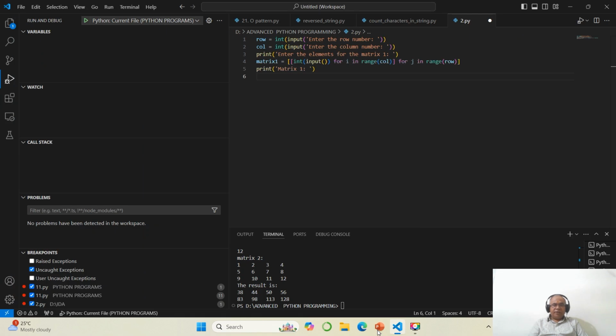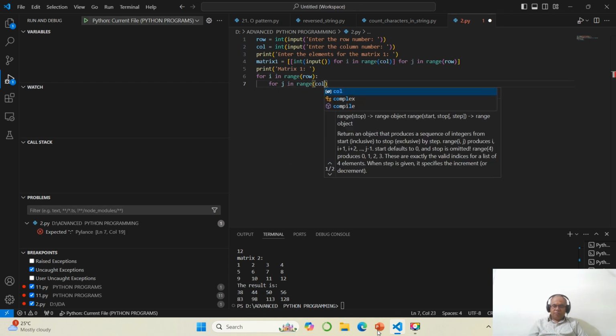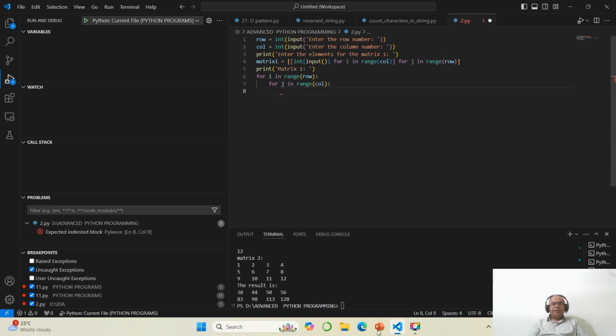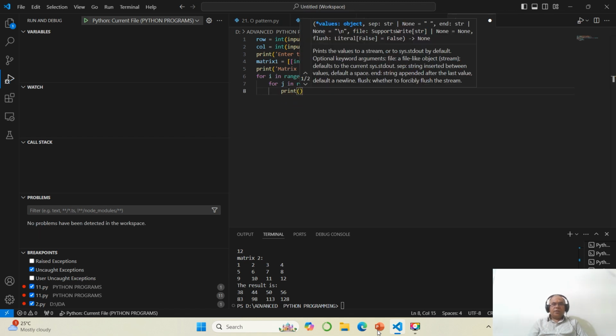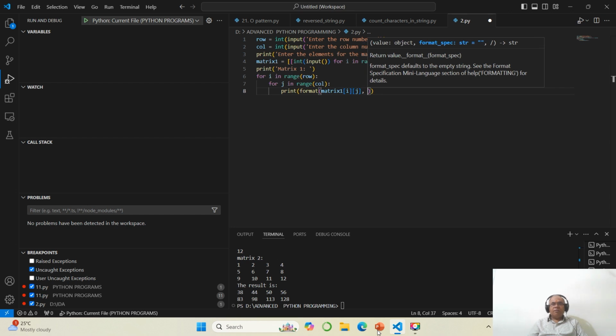How to print matrix 1? For i in range row, then similarly for j in range column, print format matrix 1 of i comma j,